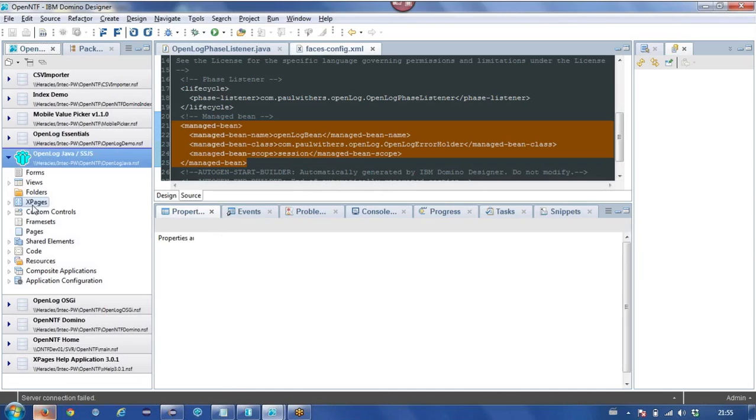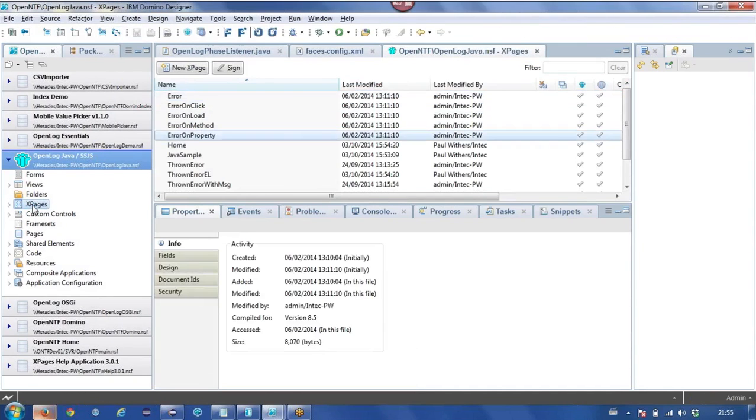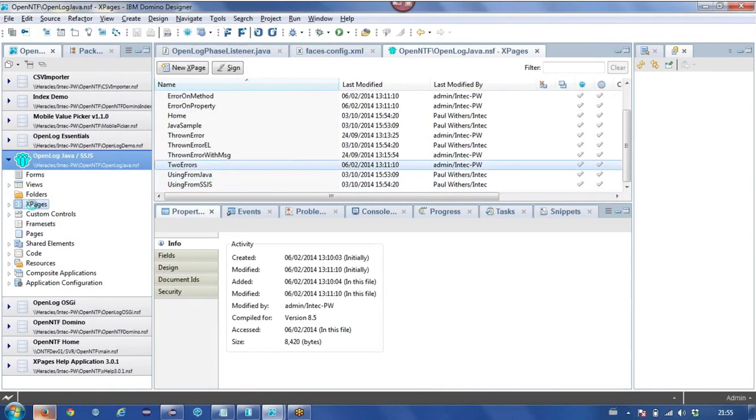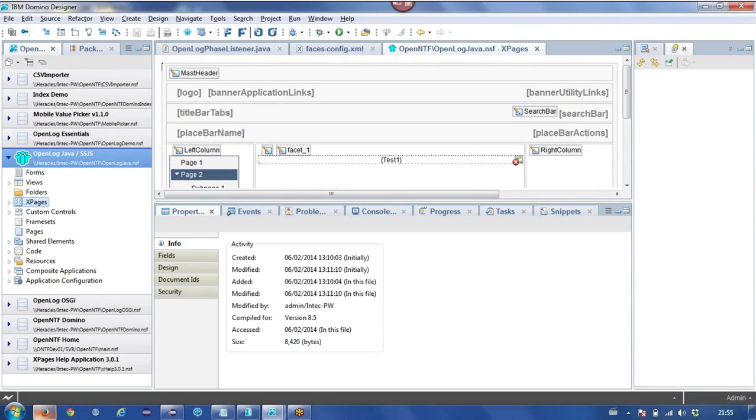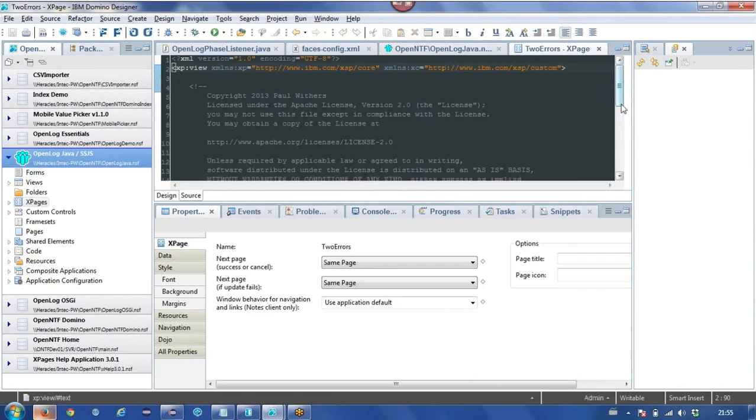Then in your code, if you're using it from server-side JavaScript, it's just a case of adding your try-catch block.